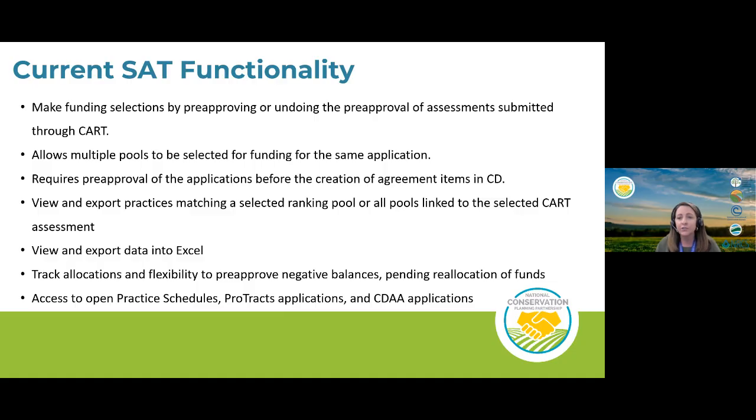It's the creation of agreement items when we typically find that we have forgotten something, say in our ranking or in our assessment. And so the way SAT works is we do have to go through that pre-approval to select that practice for funding. So that's why you've got to pre-approve first, and then you go through there and create your agreement items